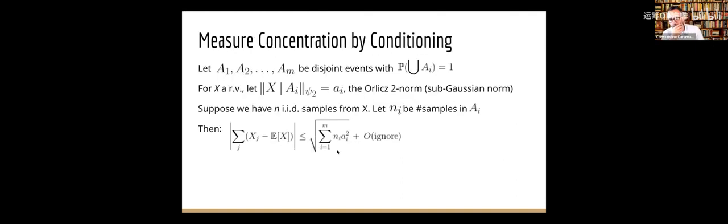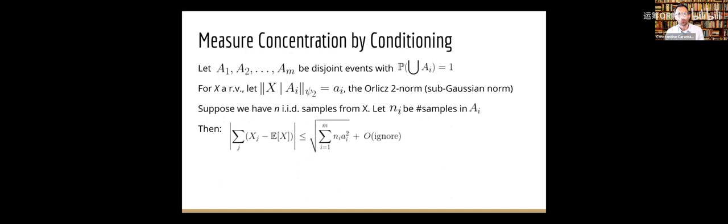I'll just mention this in one word here. This is a tool that we found really useful, and conceptually it's very simple, but it really gave us the edge compared to all the previous work that we were aware of. In words, it's very easy to state. It basically says you want to control something like deviations from a mean, or some function of a random variable. What you can do is think about a glorified union bound in the following way. We think about events A1 to AM that are disjoint and partition the space, so they are disjoint and their union is everything.